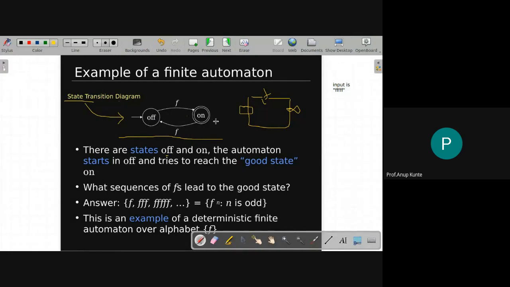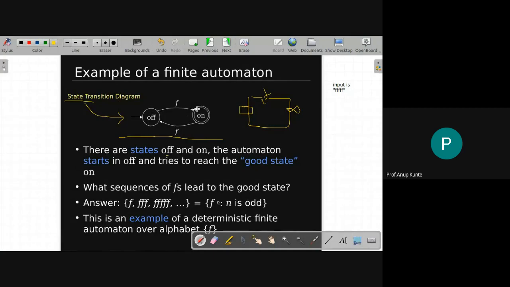Now this diagram, if you closely look, what characteristics do you see? First, it's a graph. There are nodes; the circles represent nodes, and the arrows represent the edges. So it's a graph data structure. Second thing is it's a labeled graph. There are two edges and both the edges are labeled. The third observation about this state transition diagram is that it's a directed graph, because these arrows have arrowheads.